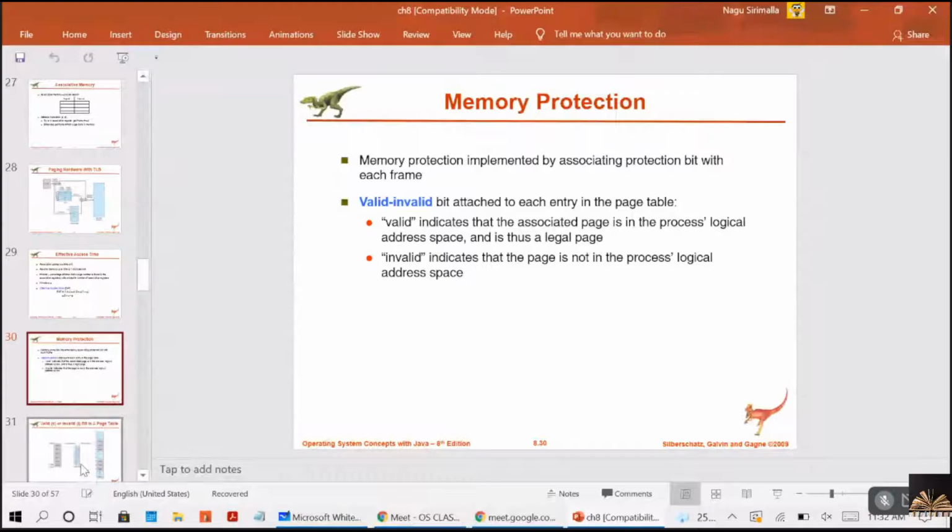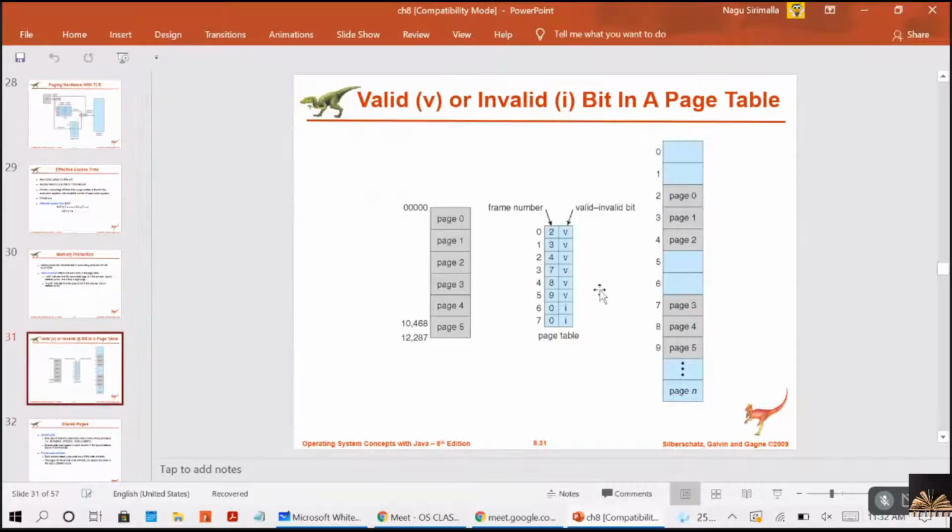If you see this, you can understand. This is the page table. These are the page numbers and these are the associated frame numbers. And you will have another entry called the protection bit. This protection bit can be a valid or invalid bit.